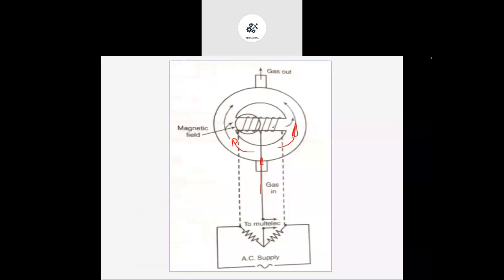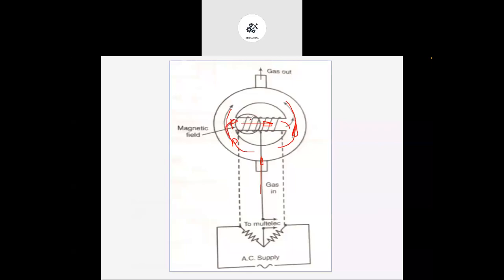Now, as the magnetic field has been applied on this particular middle section, what will happen when this flue gas is traveling through this annulus area? Only the oxygen contained in it will be attracted toward the magnetic field. Okay, so because of that, what will happen? The oxygen will enter into this middle part and start to be attracted towards